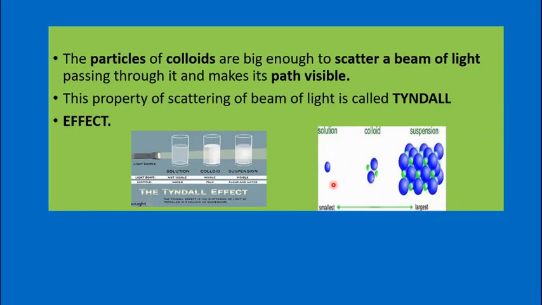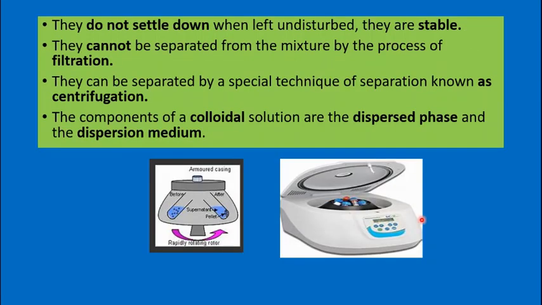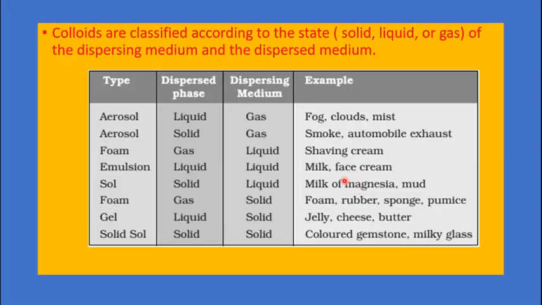And then I told you about the particle size. The least particle size is solution, then comes the colloid, and then the largest particle size is suspension. Because of that it can be separated by filtration. Then this is centrifugation, a method of separating the dispersed phase particles in a colloidal solution. Then these are the examples which we have learned. So learn all this properly. Hope you have understood this chapter very well.